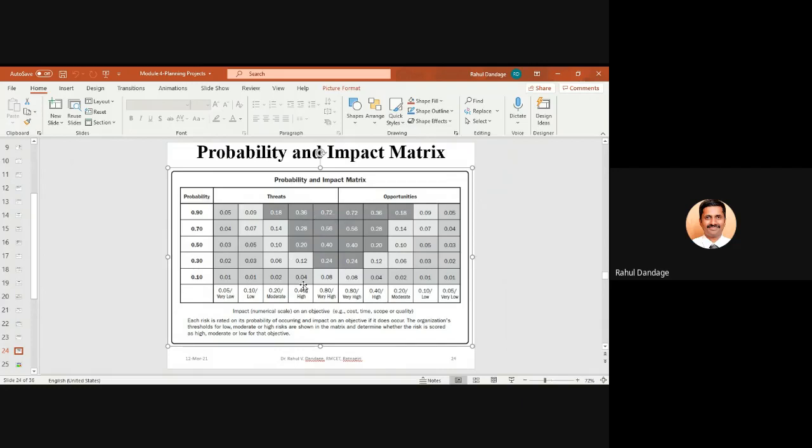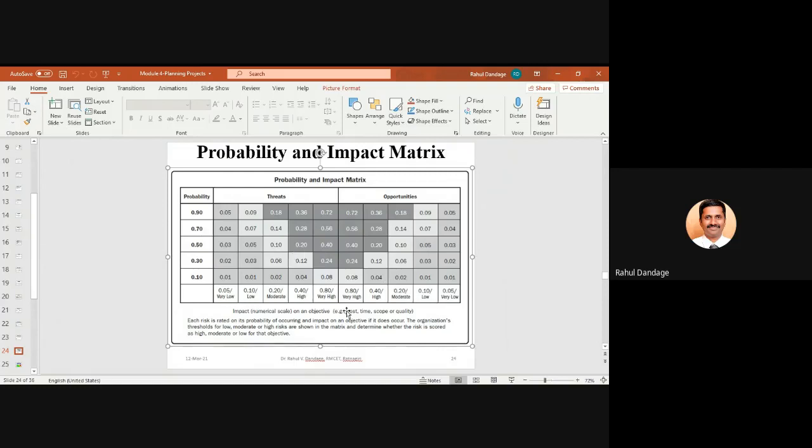If I say 0.9 and 0.4, it is 0.36, 0.9 and 0.2, 0.18, 0.9 and 0.1, 0.09, and 0.9 into 0.05, it is approximately 0.05. Likewise, each probability is multiplied by the corresponding impact, the values have been written, and now based upon the values, what